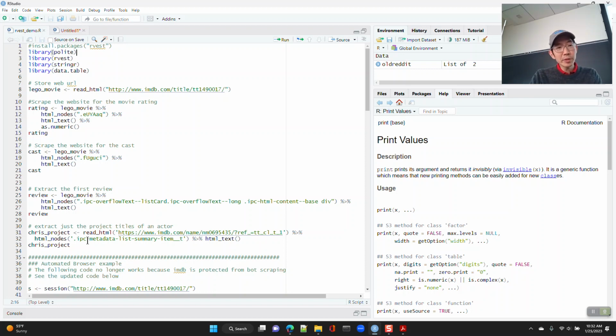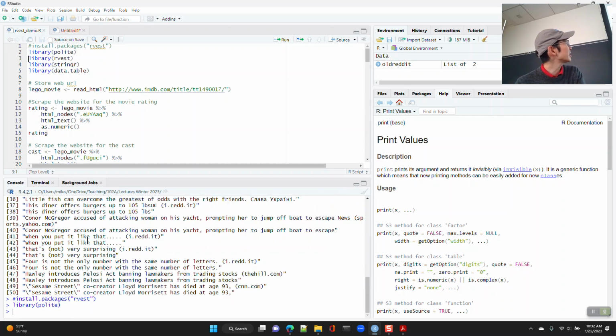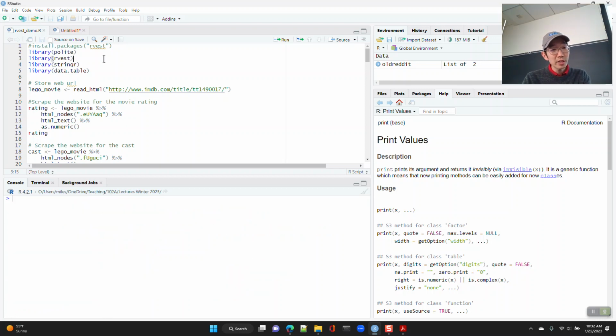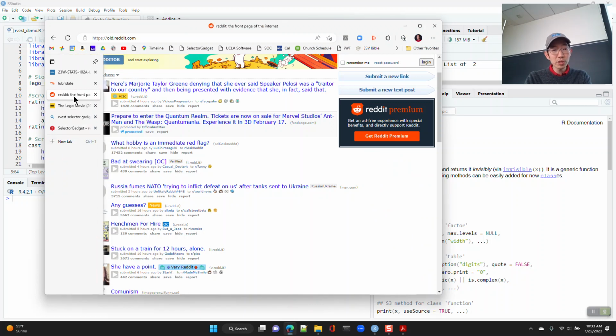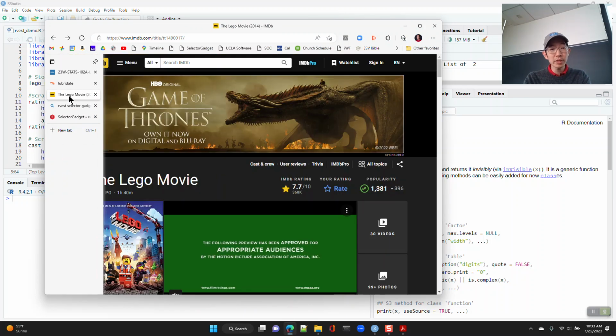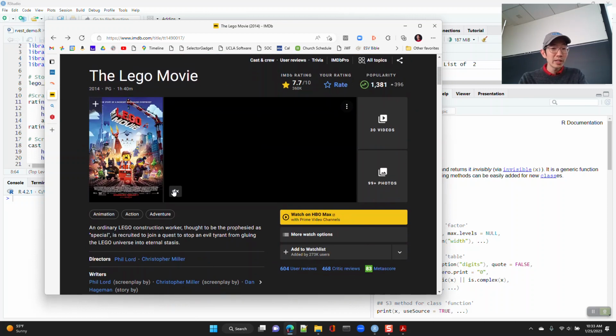But anyway, so I use library Polite, and again, you can look at the documentation for package Polite. You might have to install some of these things. I'm going to load up a library rvest, stringr, and data.table to kind of use some of these things. Okay, and for this example, we're going to go to IMDb, and we're going to look at the Lego Movie